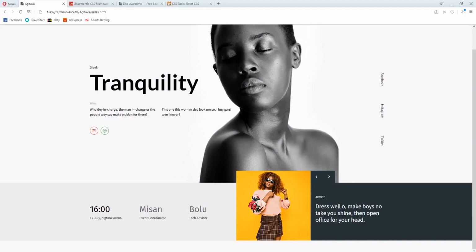We see them on this our website now. So in this tutorial, I just want to do the slider. That means when we click, we're supposed to slide these pictures.